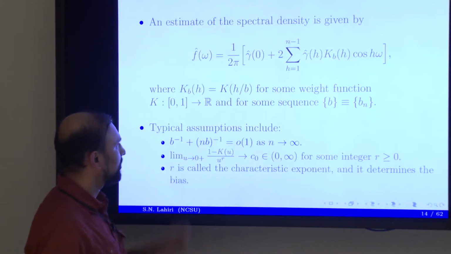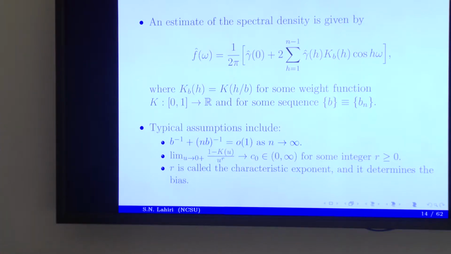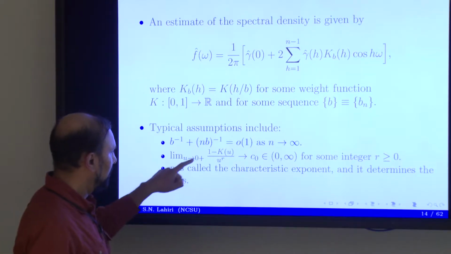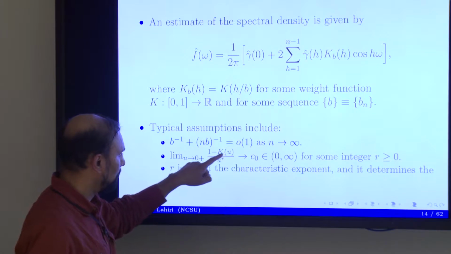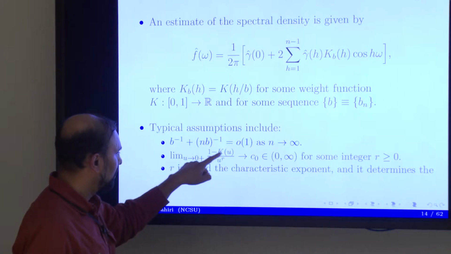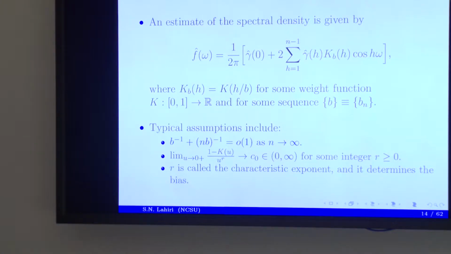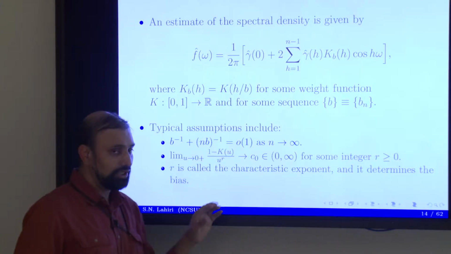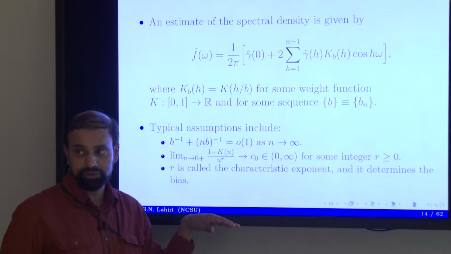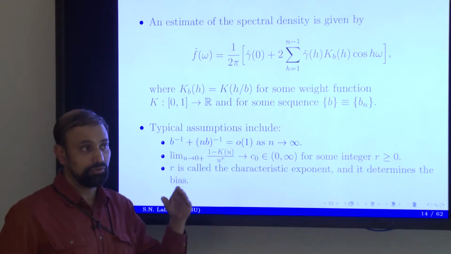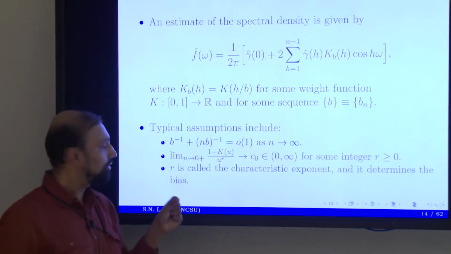These conditions are not stated right. And the weight function k has to be such that when you approach 0, k of u should converge to 1, at a rate preferably. You can always take k of u identically equal to 1. That is the naive estimator. It does not always give you a non-negative spectral density estimate.